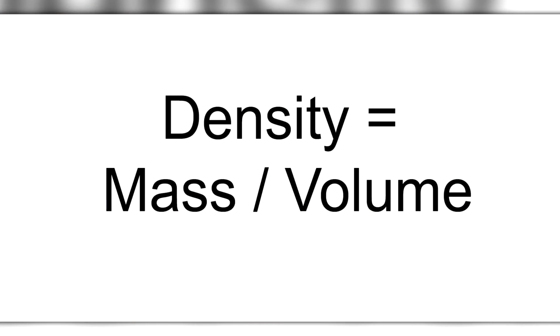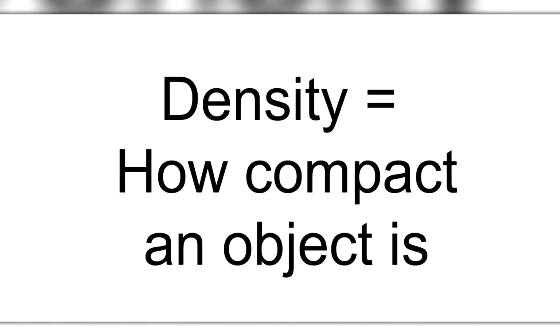So once we know an object's volume and an object's mass, we can figure out its density. This is done by dividing the object's mass by its volume. So the formula for density is density equals mass divided by volume. But said more simply, basically, density is how compact an object is. So think back to our feather and gold experiment. If we have 1 pound, they fall together. If we have the same size box, the gold falls faster than the feathers.